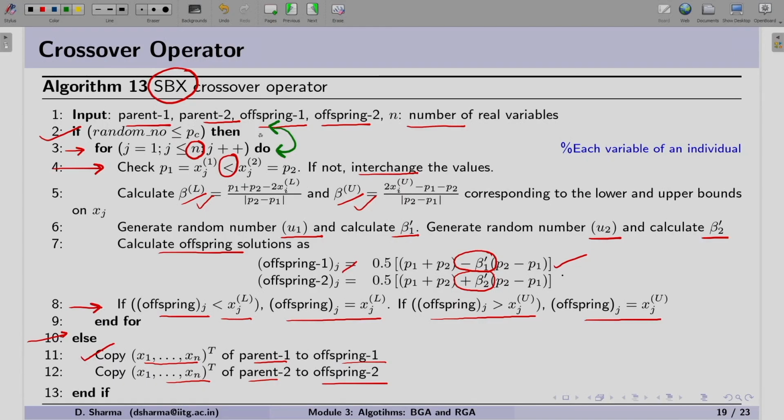But in the other implementation, as I suggested, if we swap step number 2 and step number 3, that says that we want to generate the random number for each variable of a solution, and then accordingly we will be performing the crossover. So this small change can be made to get two kinds of variation in the SBX operator.